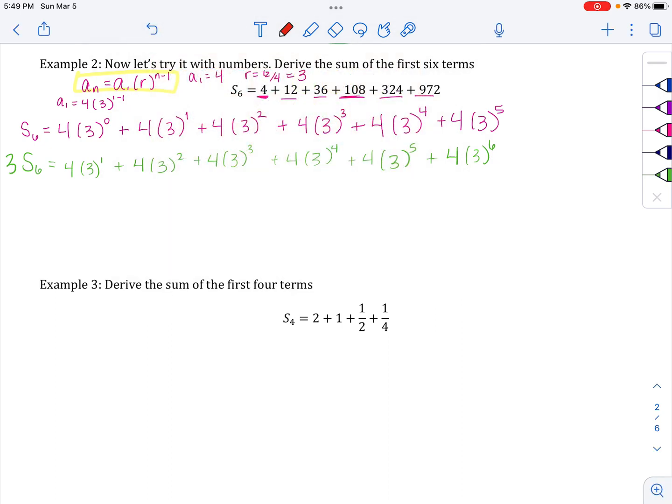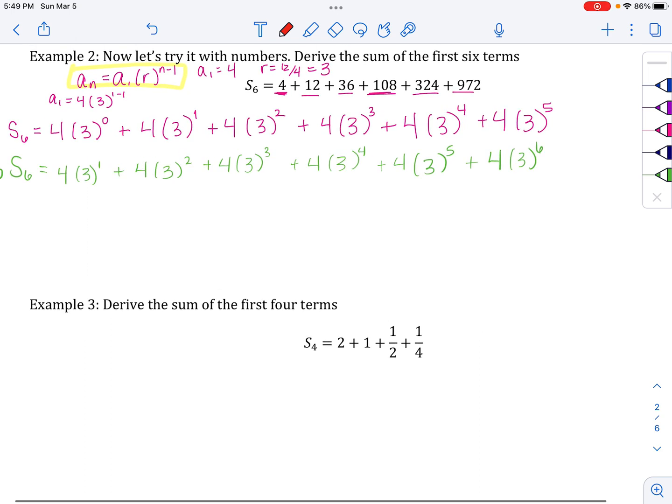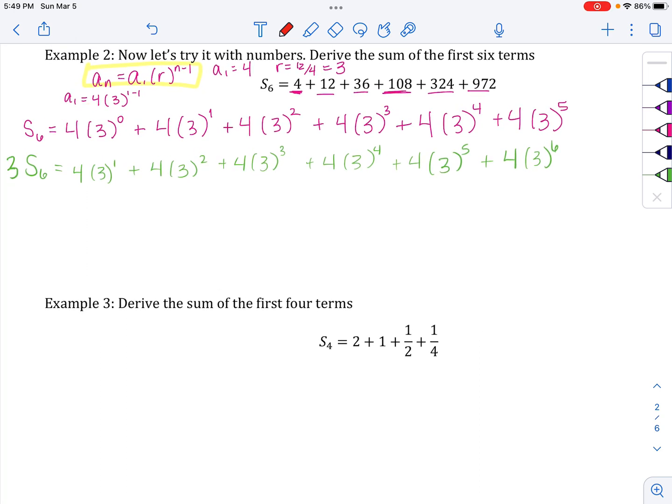Okay, now that we have multiplied, we're ready to subtract. I am going to subtract equation 2 from equation 3. When I go through and subtract, I'm now going to rewrite. We are doing the top minus the bottom. So s sub 6 minus 3 s sub 6 becomes S6 minus 3S6